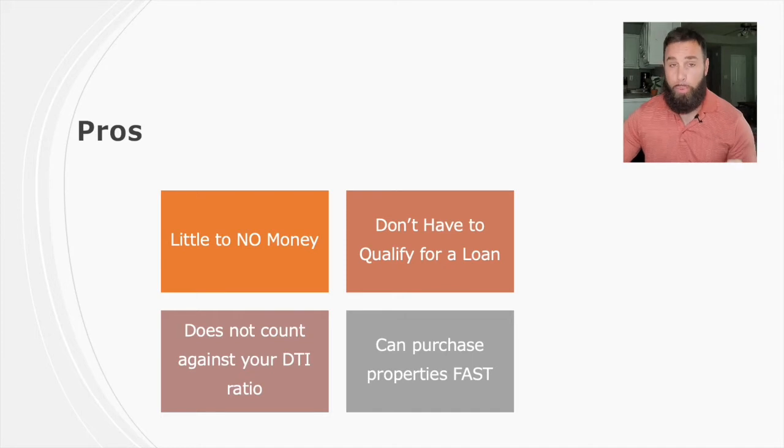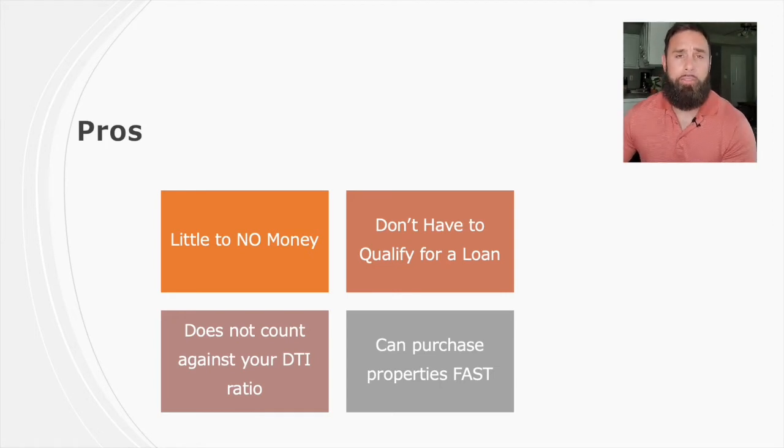There's always risk involved. The pros of purchasing a home subject to is that you can do it with little to no money. We have purchased probably 35, 40 houses that we took no money to the closing table, and they were ready to go. They were rentable or ready for Airbnb within the next couple of days after we acquired the homes. We've had a few properties that we purchased that were maybe $2,000, $3,000, $4,000 behind on mortgages. We negotiated the contract so that they'll pay us back. So we fronted that $3,000 or $4,000 prior to closing to catch the mortgage back up. So little to no money into a house. It's great to own a house for $2,000. That's a powerful way to start acquiring properties.